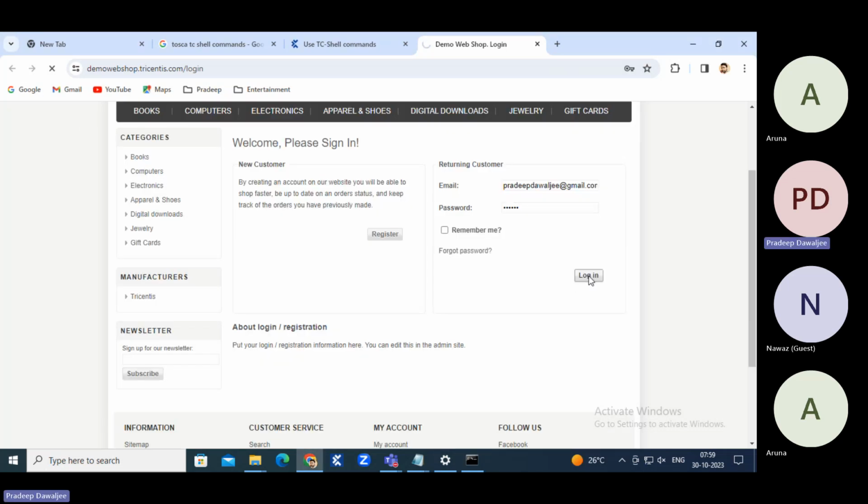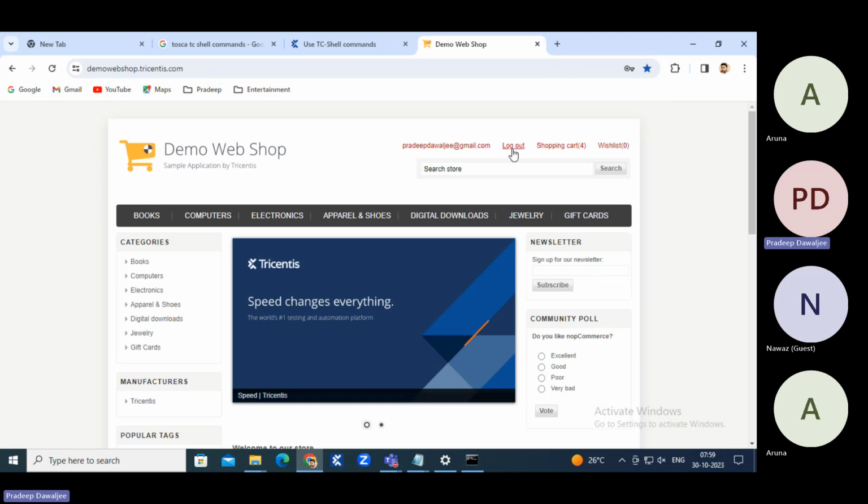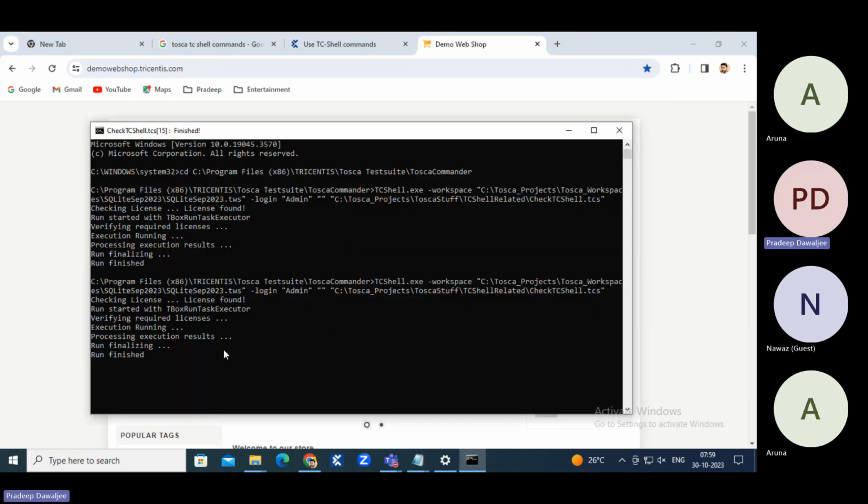See, it is logging in and then logging out. That's it. And now if you see here, run finalizing. Okay, that exit, I guess, save or exit. By default, it is exiting. So yeah, it has executed, performed all those things, and then saved. Now if you just open the Tosca Commander,